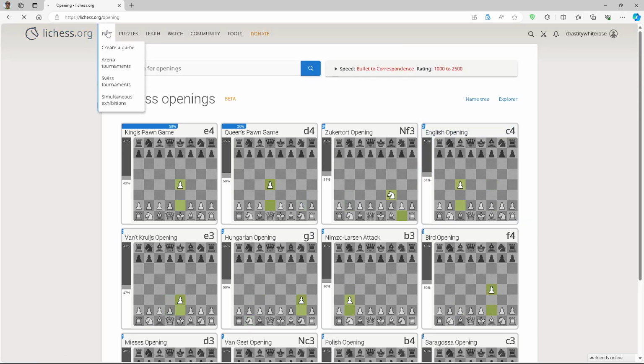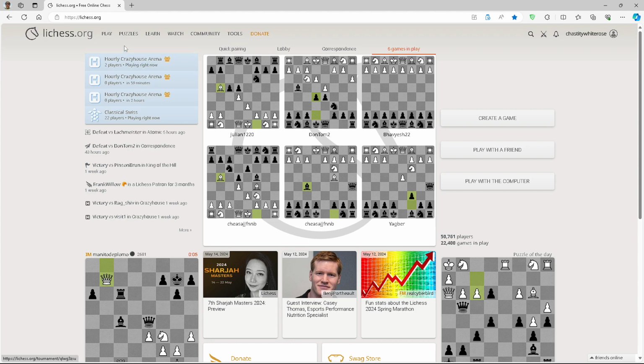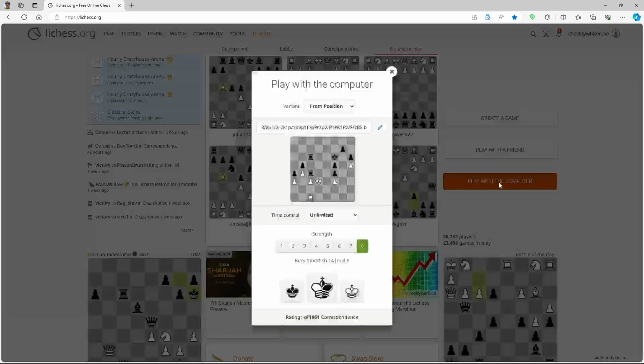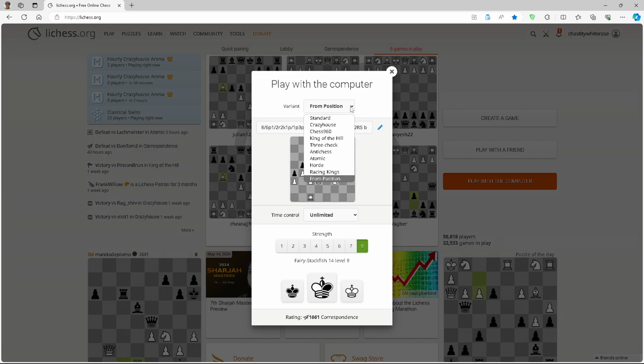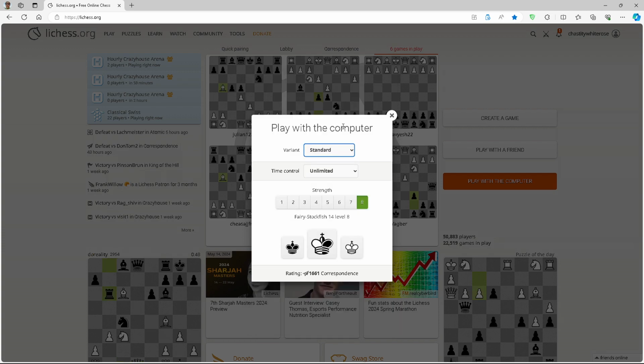So if you go to play, and then look at this option here, play with the computer. Go to play with the computer. Now, for some odd reason, it's showing this. What you want to do is make sure this box here says standard, because you want to learn standard chess. And here is the strength level of the computer opponent. If this is set to 8, then you're probably not going to have a chance at winning. If you're a new chess player, go to 1, because it has a chess engine called Fairy Stockfish that you